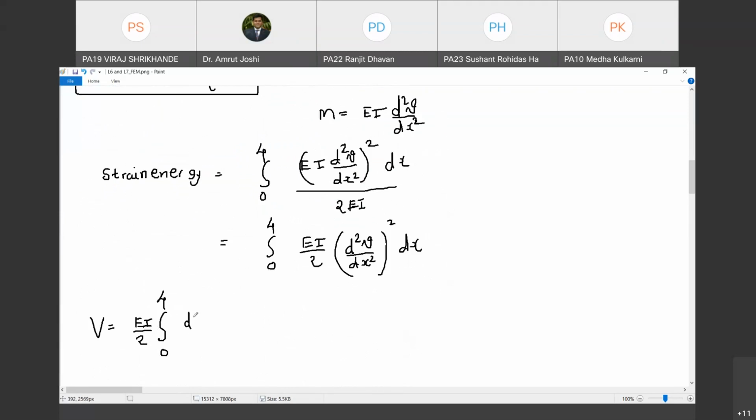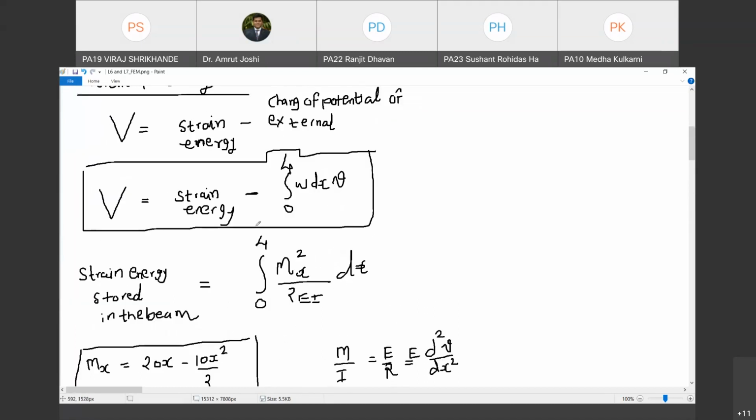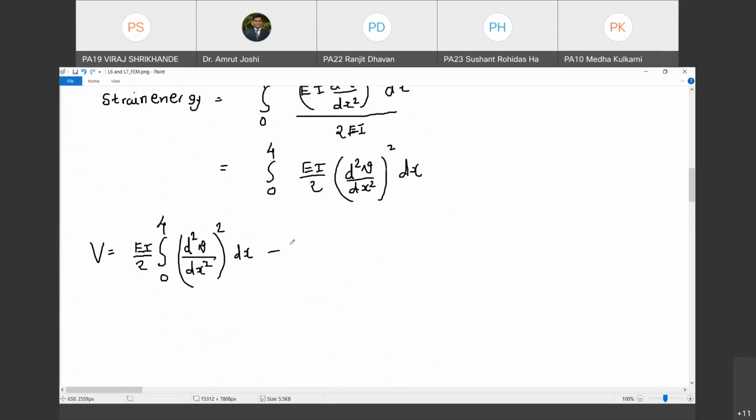So what is remaining inside the integral sign? It is d²v by dx², second rate of change of y directional deformation with reference to x, whole squared, into dx. Ye ho gaya first term. What is the second term? Second term is integration 0 to 4